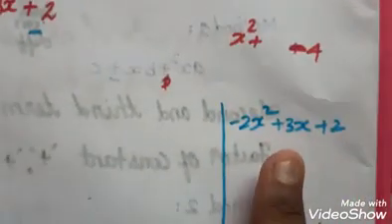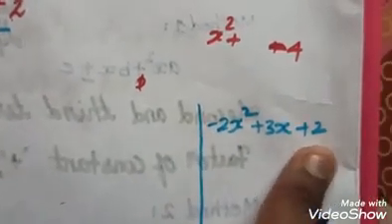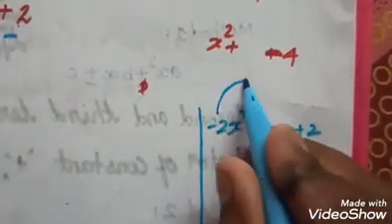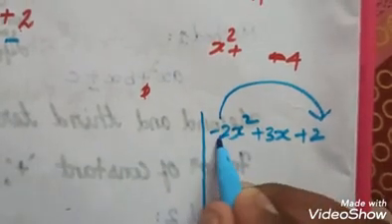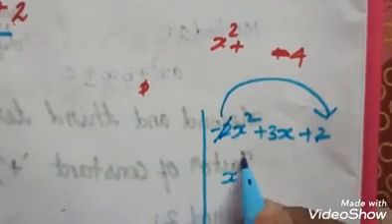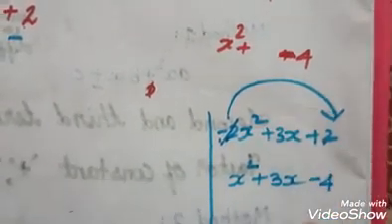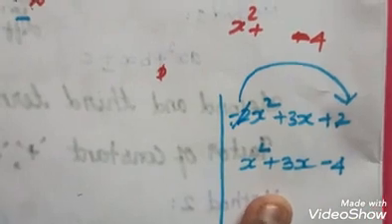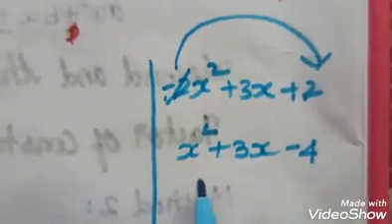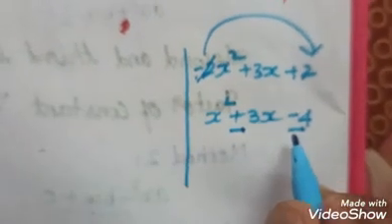In this special case, you have to do only one thing. You have to multiply this coefficient with the constant. How to multiply? Minus 2 is multiplied with this plus 2. Minus 2 multiplied with plus 2. So it goes x square plus 3x plus into minus 4. This is for our reference, to follow the condition. Now in the expression we get the same: second one positive, third one negative. That should be method 4.